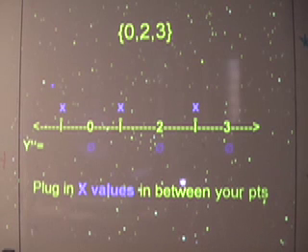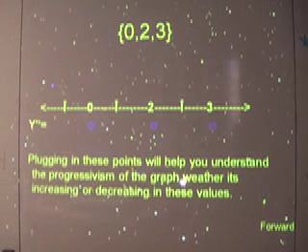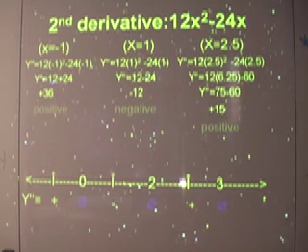And then after that, you have to plug in x values in between your points. By plugging in these points, you understand the behavior of the graph, whether it's increasing or decreasing in these values. The values are x equals -1, x equals 1, x equals 2.5. And to figure out if the graph is either increasing or decreasing, you have to look at the signs of